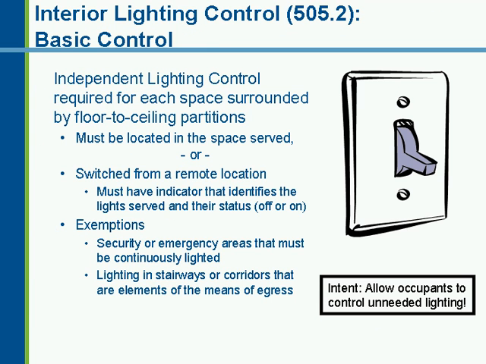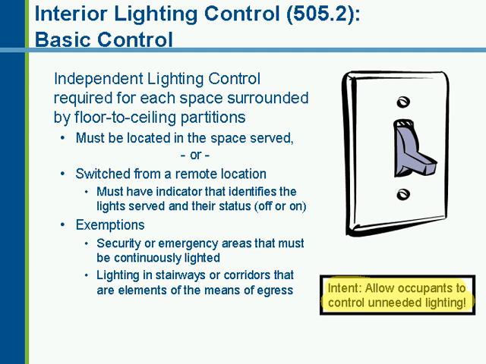So let's move directly into the mandatory requirements, the interior lighting control requirements. The first one is a basic, straightforward control requirement that says independent control is required for each space surrounded by floor-to-ceiling height partitions. And of course, the intent here is to allow occupants to control unneeded lighting. If they don't have the control available to them, they won't be able to save any energy, essentially, is the intent here. And this can be complied with